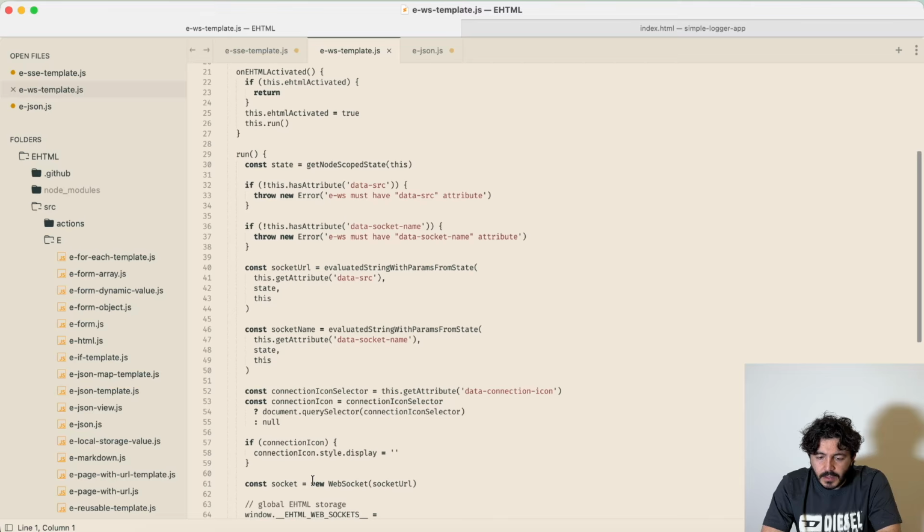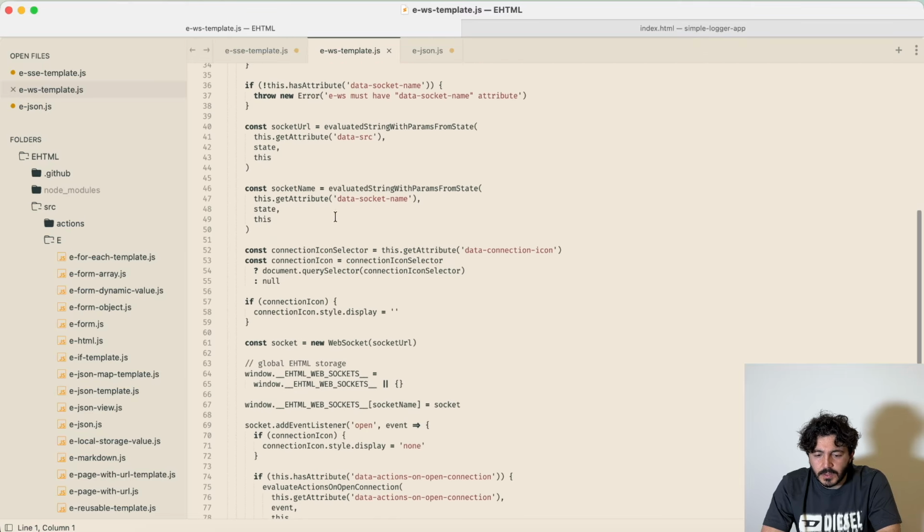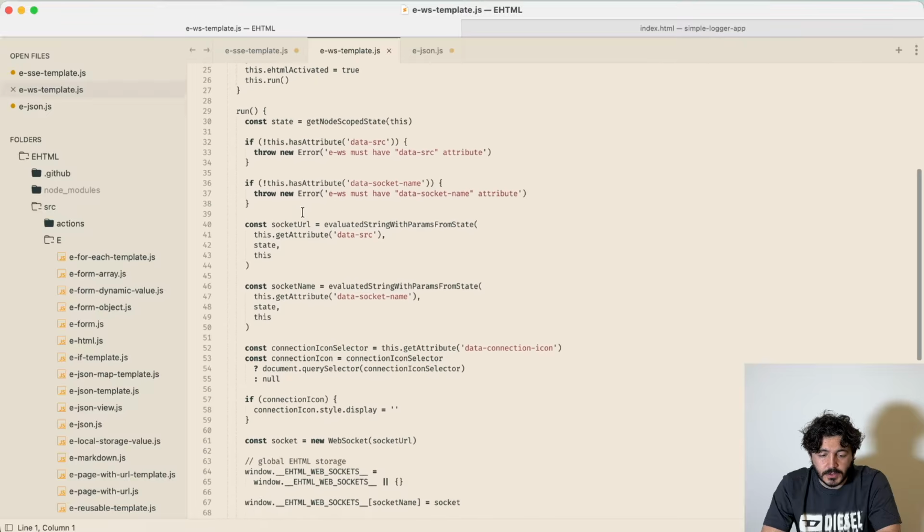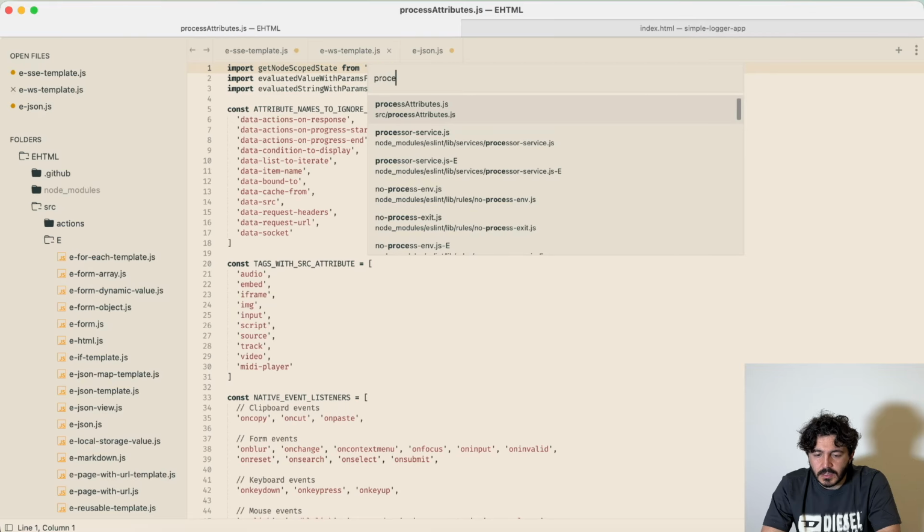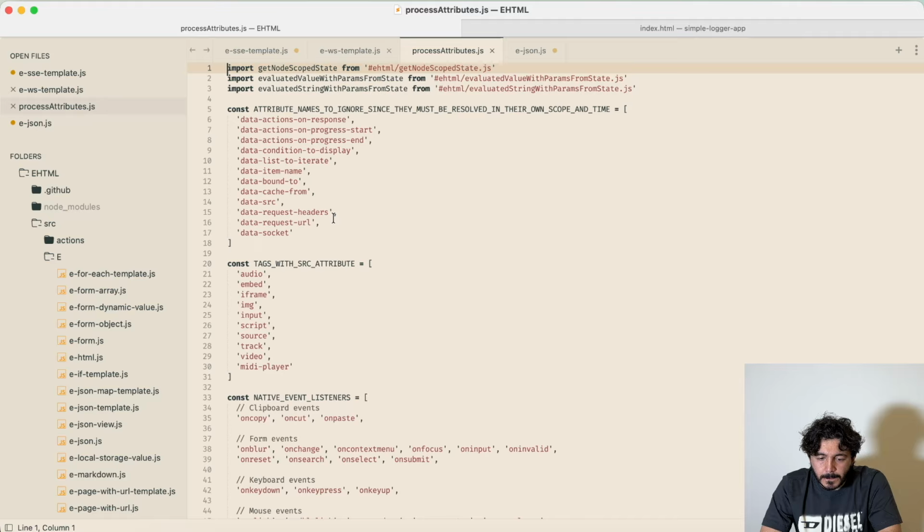I believe that here we also evaluate this thing during a logic run. Let's go to process attributes and let me see. Yeah, as you can see, this is data src, and this